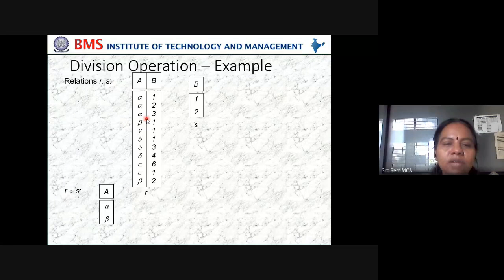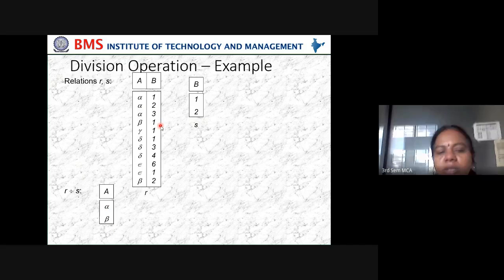So what is this R division S? R is a relation and we are dividing by S. You can see alpha 1, yes, and alpha 2, yes, so we write alpha.